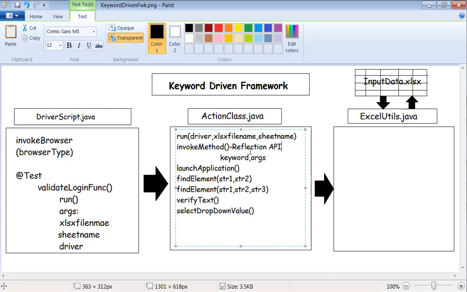Then the code will be too lengthy for you to understand, because if you have multiple keywords, you will have multiple conditional statements or multiple switch case statements. We totally eliminated that entire concept of if-else and switch case. It's totally redesigned now using a reflection API, which is a standard logic. You can copy this logic into your framework, which will help you to read the keyword and call the required method. So the reflection API is implemented as part of this framework.